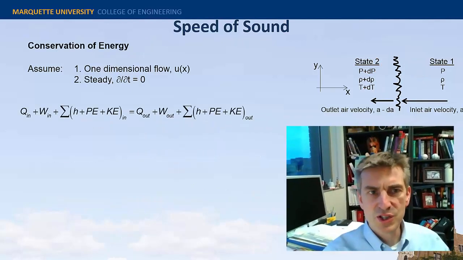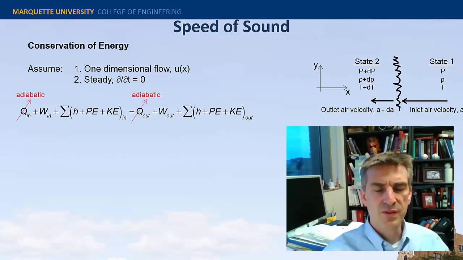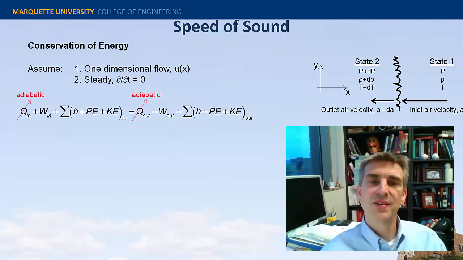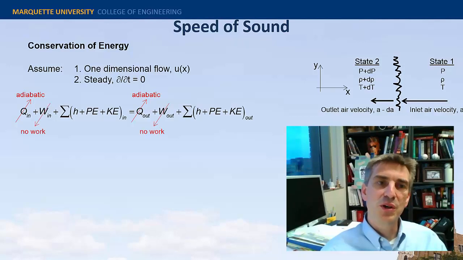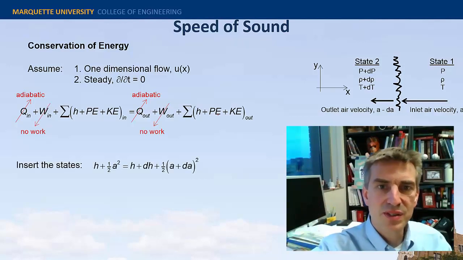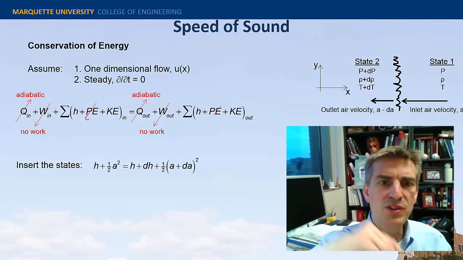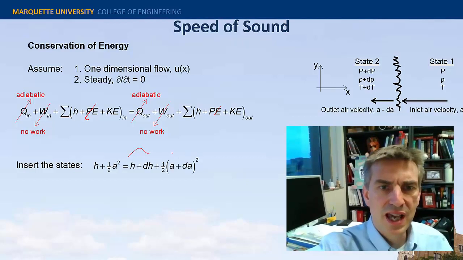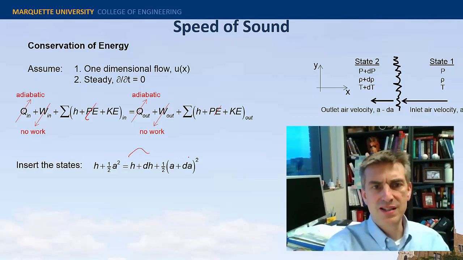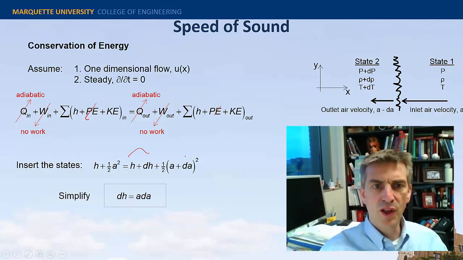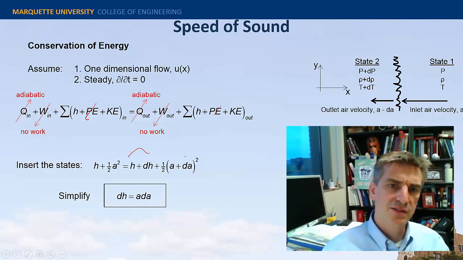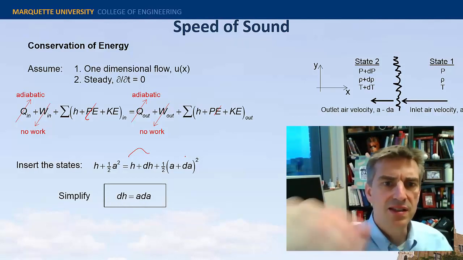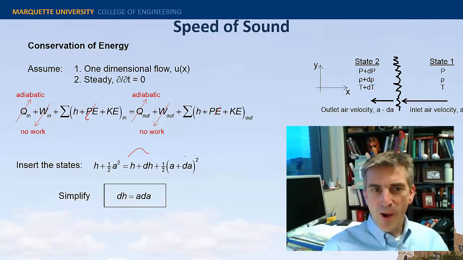We can do the same with conservation of energy. There's the first law in steady flow. And if we assume adiabatic and we assume no work, and we get rid of the potential energy terms, then we're just down to this guy right here. And again, we've put in the H plus dH, and the A should be minus dA. And if we FOIL all of that out and cancel out the products of small numbers, we'll get this guy right here. All right.